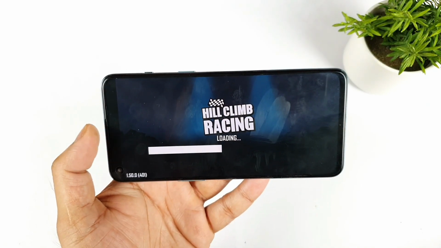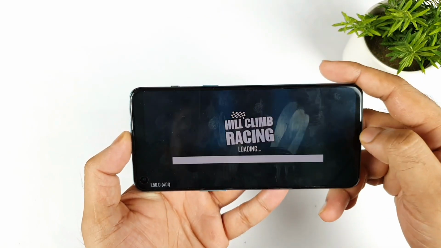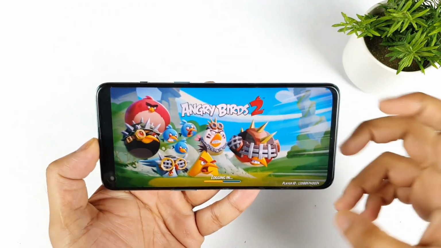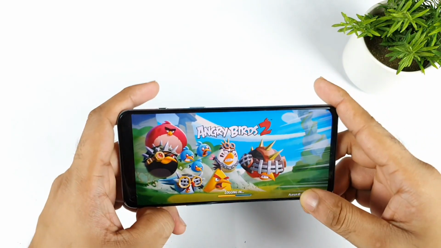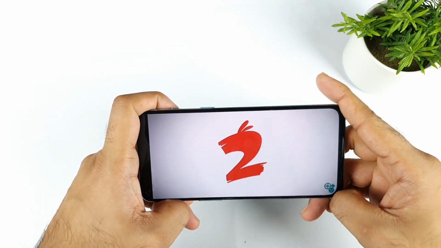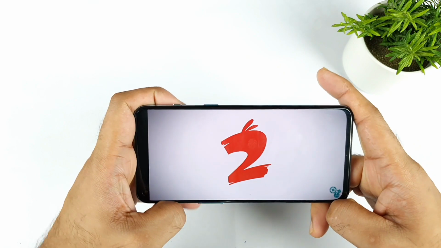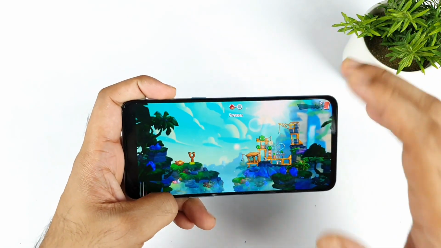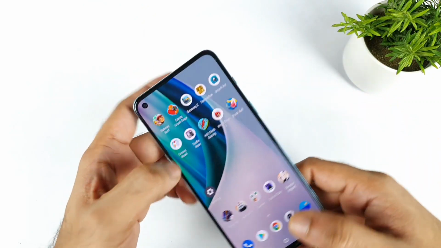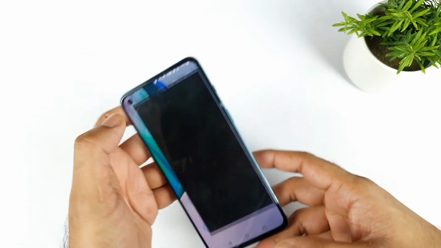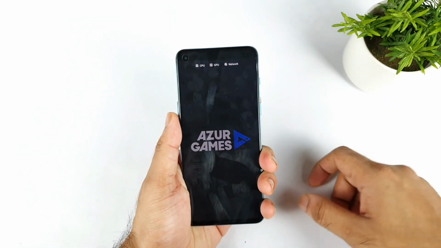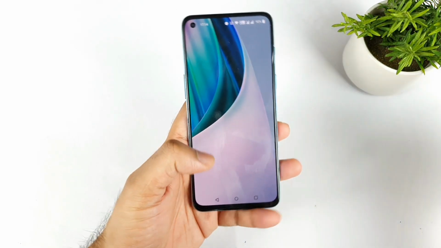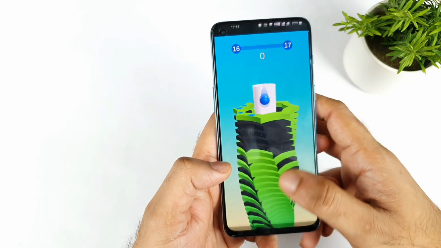Let's see this game. Yep. And I'm just trying to keep opening all the applications. If this is working, friends, it's going to be a really good thing, hopefully. Previously, it used to keep only 5 games open in the background RAM management on the OnePlus Nord 2, 5 games 100%, but the 6th game was doubtful. But after using this, right now all the 10 games are completely open in the background RAM management.